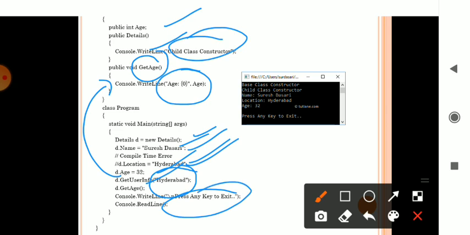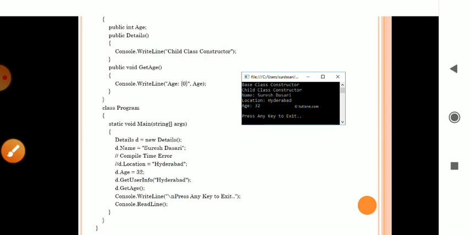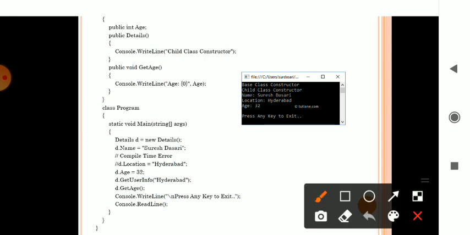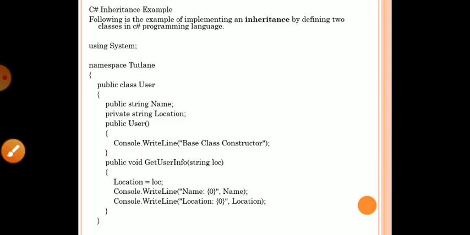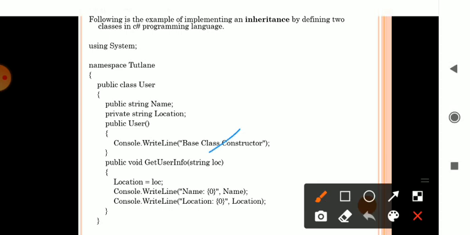So what output is being printed here? In the beginning you can check the output: it prints the base class constructor. Okay, in the previous section, at the start, it is fetching the details and printing the base class constructor, nothing but it is moving here to the user info. User info is printed in the beginning, that is your base class constructor. Afterwards it is moving to this section and printing.